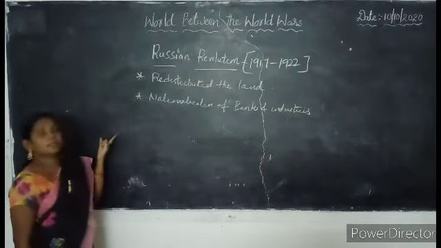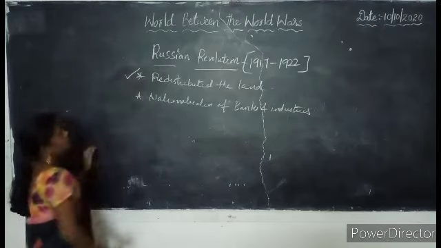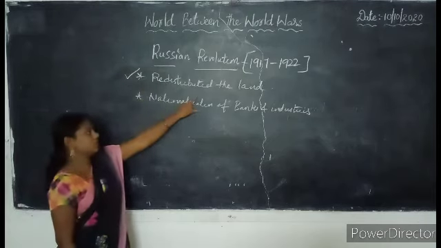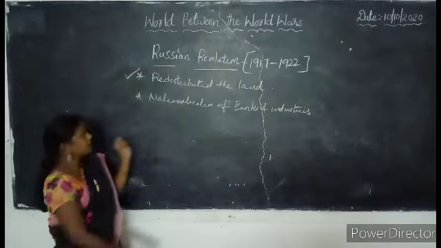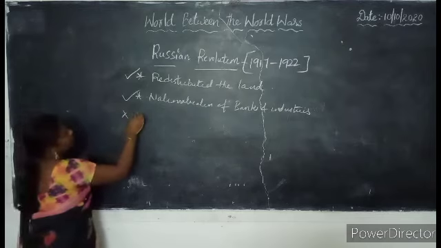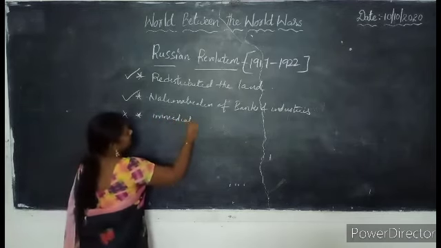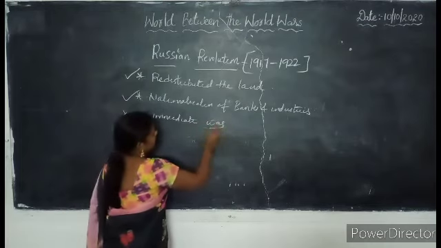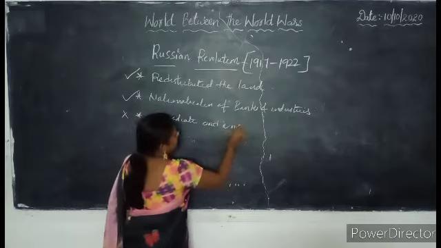Then what about the immediate and unconditional peace? His promises were the redistribution of land, then nationalization of banks and the industries. But the third, the immediate and unconditional peace, was